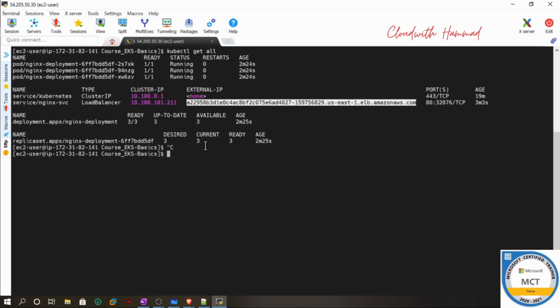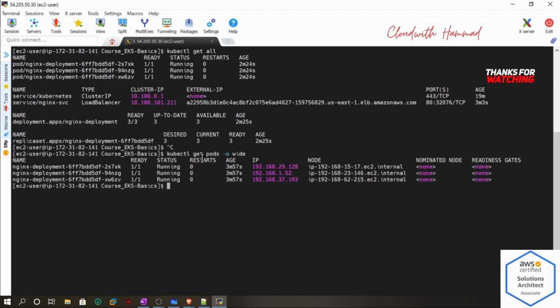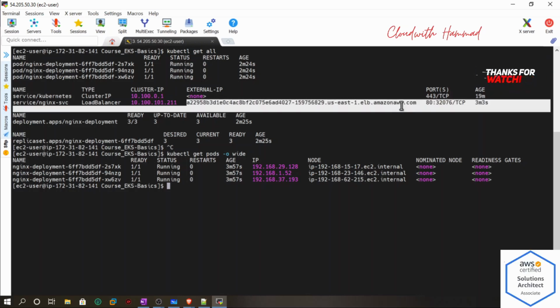So if I do this, kubectl get pods -o wide as well, probably will work. You can see that these pods have IP addresses. These are internal IP addresses, and these are internal node IP addresses. So these IP addresses are being joined by this load balancer, and this load balancer has an external IP address,